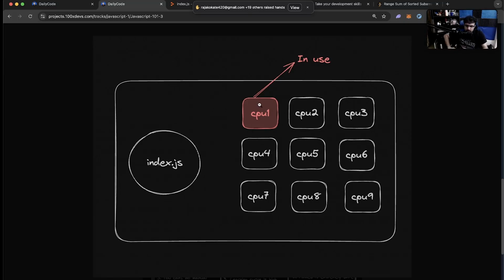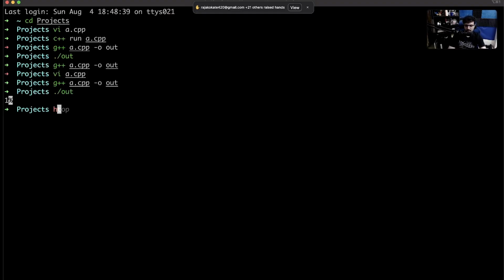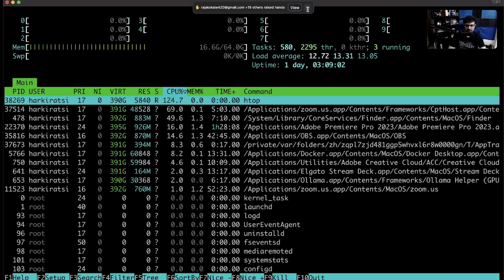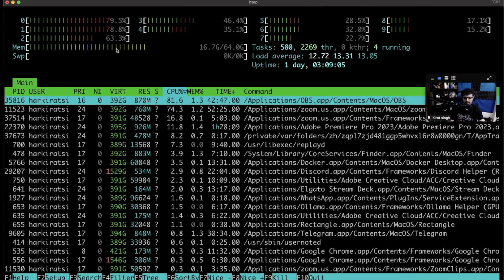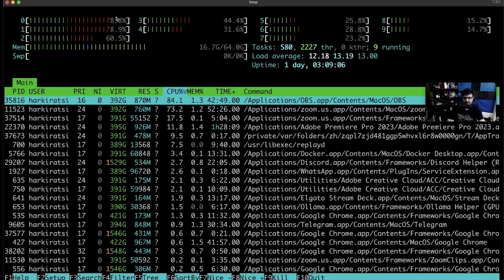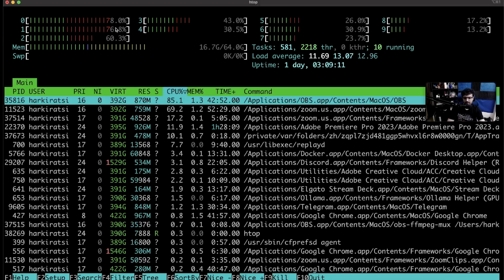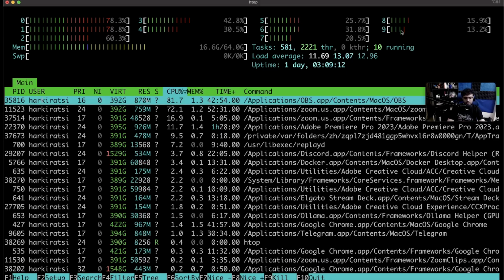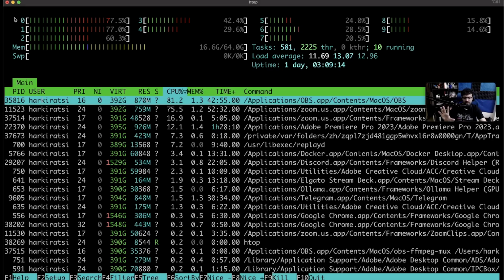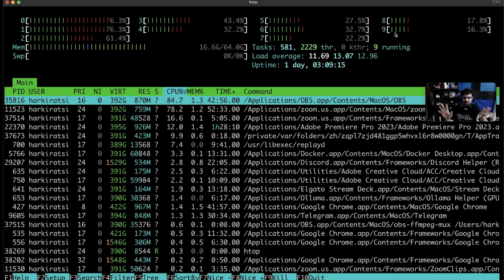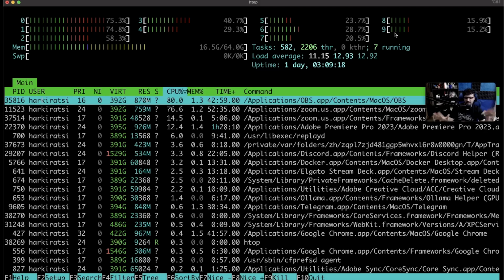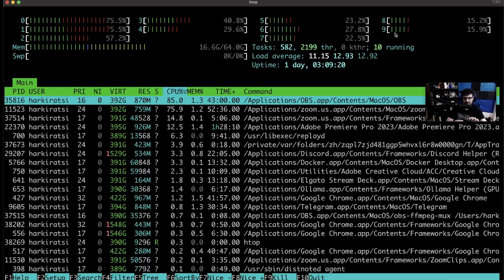So even though my Mac has 10 CPUs, I can also show you another thing. If I open the terminal and run htop, it might not run for you, but if I do run htop locally, it shows me the 0th CPU has 78% usage. The first CPU has 78% usage, and so on and so forth. I have 10 CPUs going from 0 to 9. My machine's utilization is not 100%. It's some 30-40%, as you can see.